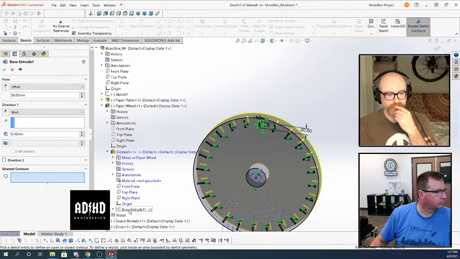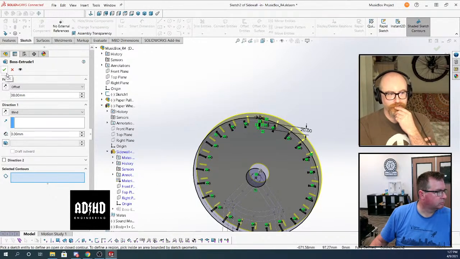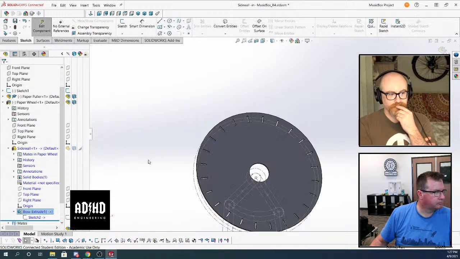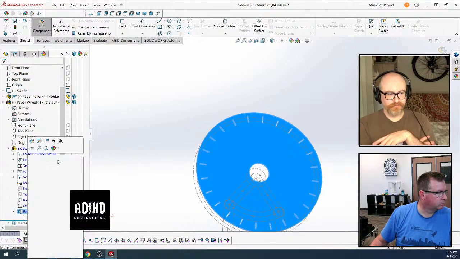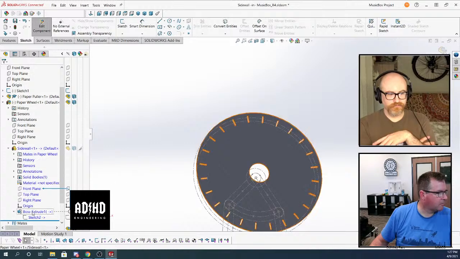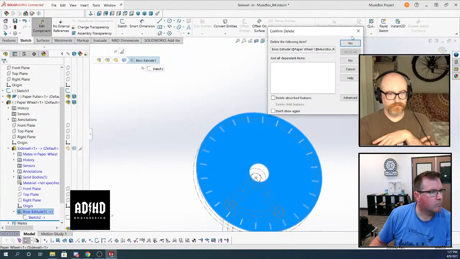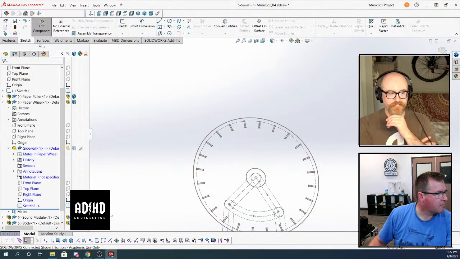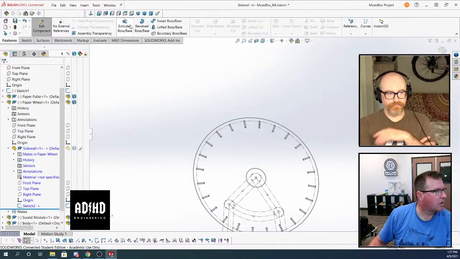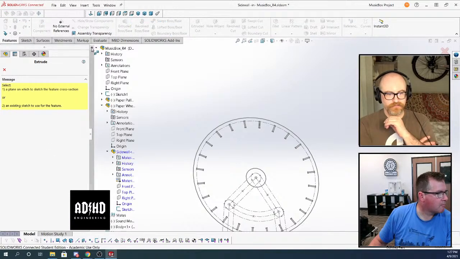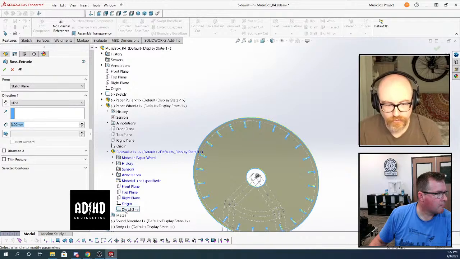You're still in the feature though. You can't edit the feature you're still in. So I would just delete that feature. Yes. And then extrude the sketch, not sketch contours. Got it. But it looks like you have a closed profile there, though.